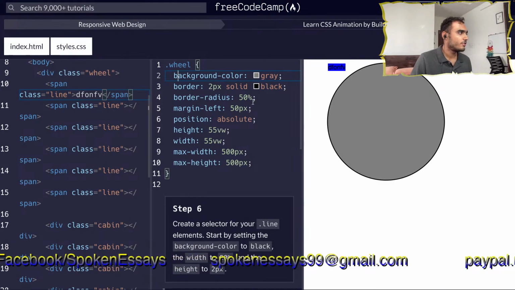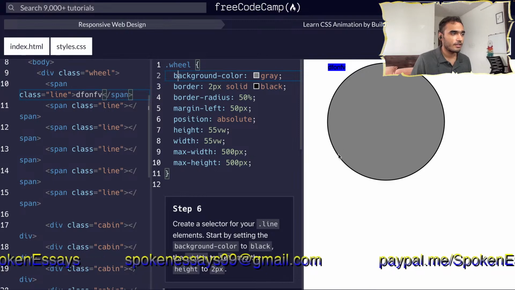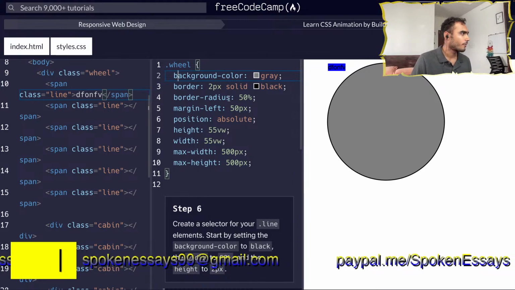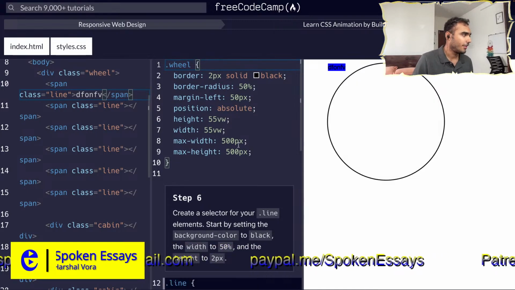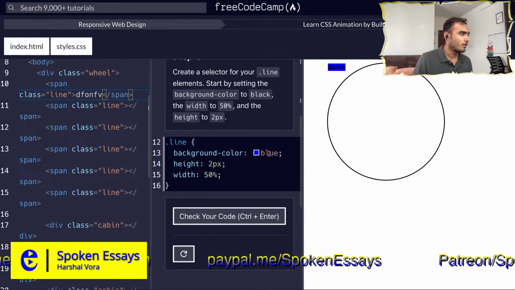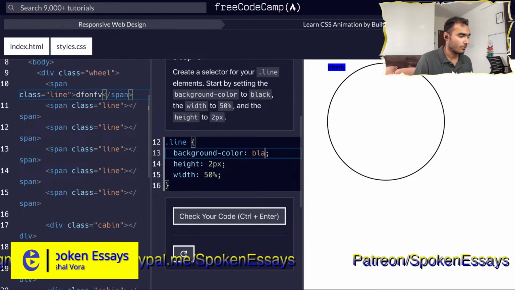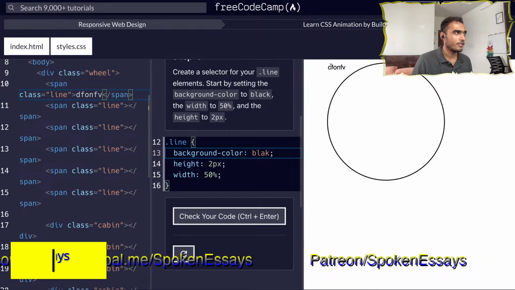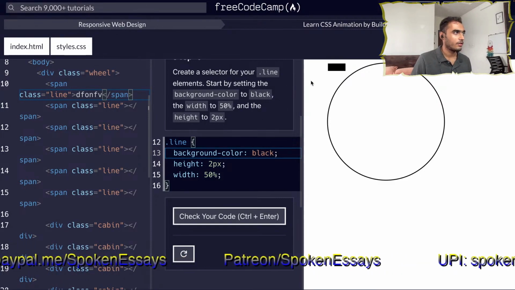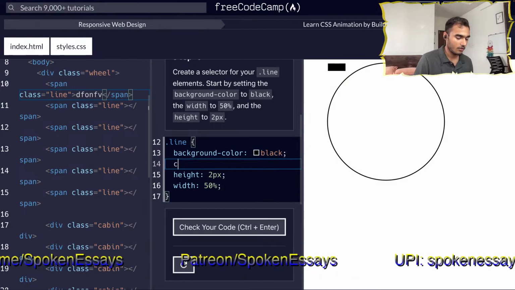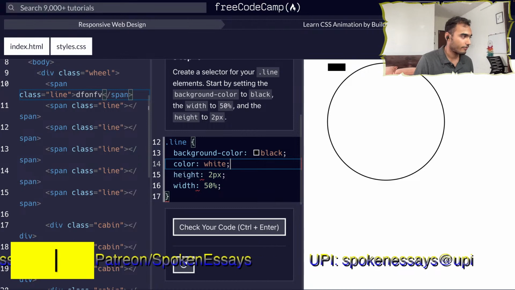Well, we've already changed the radius to 50%, but this circle is inside this div. Anyway, going back, let me make this black again. Oh, sorry, black. You can see the text has the color. Oh, not black, sepia. If I make the color property white for now,